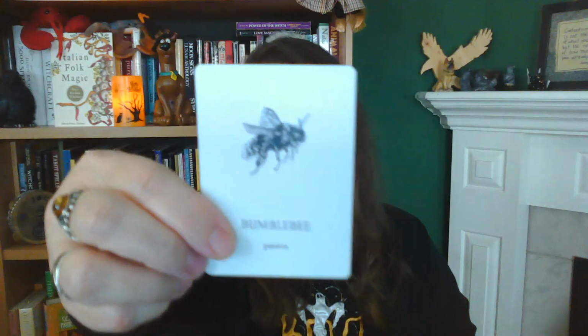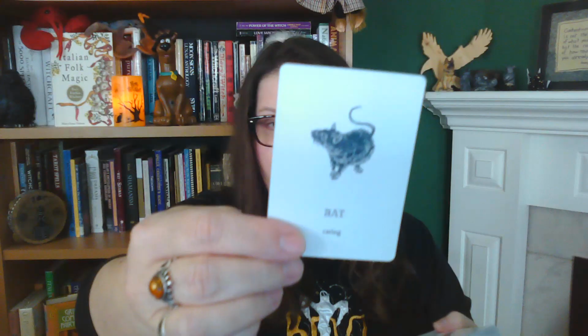Each animal is hand-drawn. And the reason I got it was because of the keywords. One, I like the simplicity. I'm not a minimalist, don't get me wrong, but I like the simplicity of the drawings. It's just the animal. And I do like